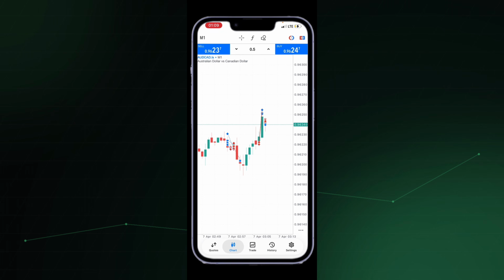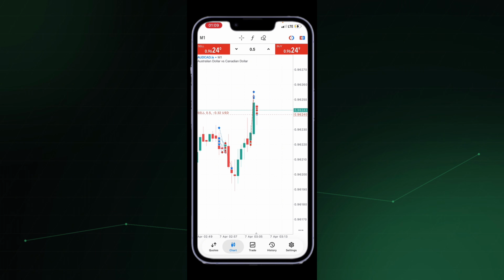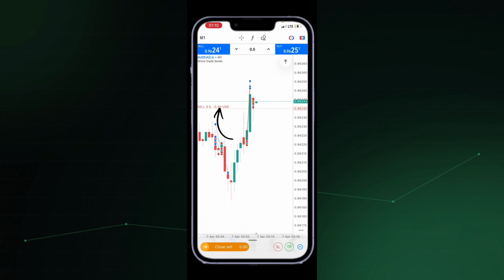Another thing you have to learn how to do is put your stop loss and your take profit, right? If you sell here and you want to put your take profit or stop loss, all you have to do is click on the sell, where you pressed sell. Then you see SL and TP at the bottom right side.